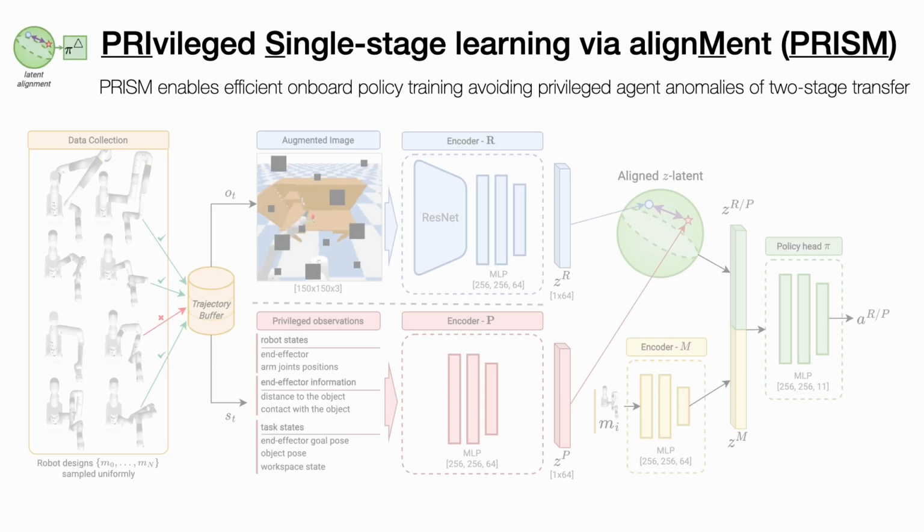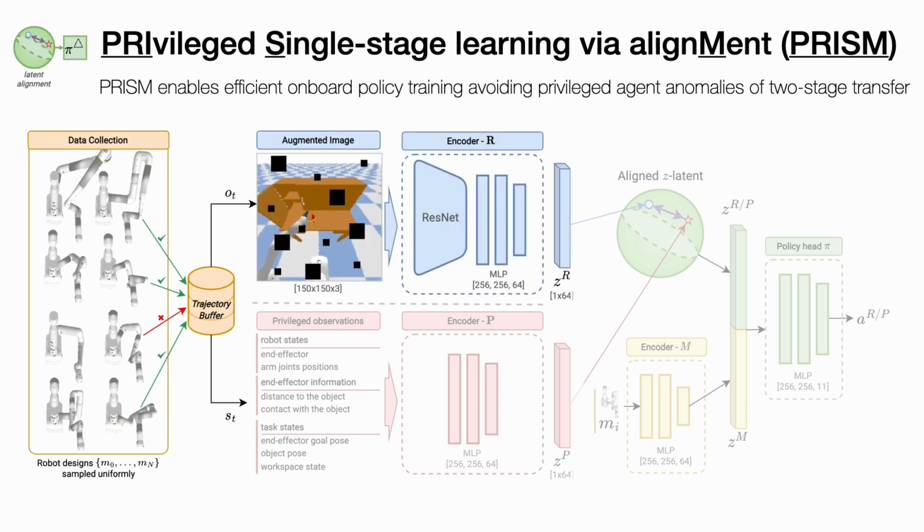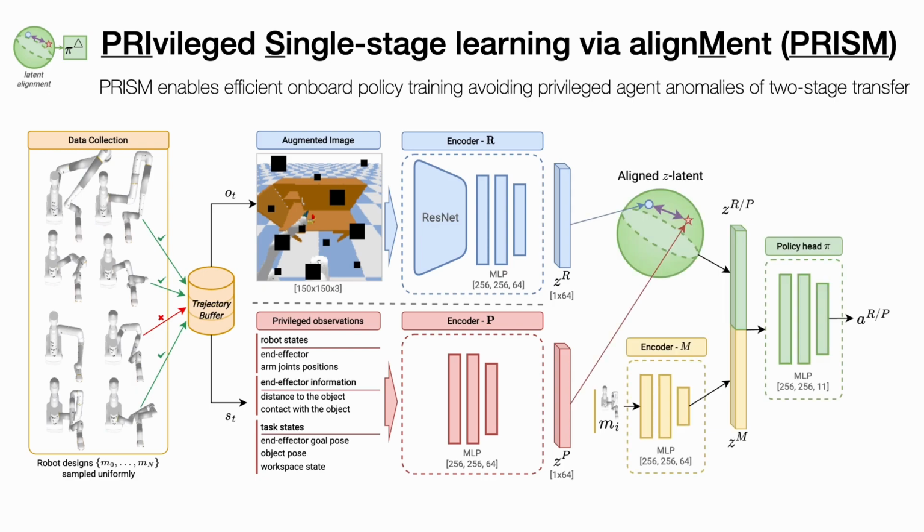The architecture of PRISM consists of two main components: an onboard information encoder and a privileged encoder, and a policy head. Onboard and privileged encoders are explicitly aligned during training using alignment loss. To regularize the network and make it robust to occlusions from different robot morphologies, we use image augmentation during the training process. This approach ensures that MAGIC can control various robot designs effectively and realistically based on its own observation